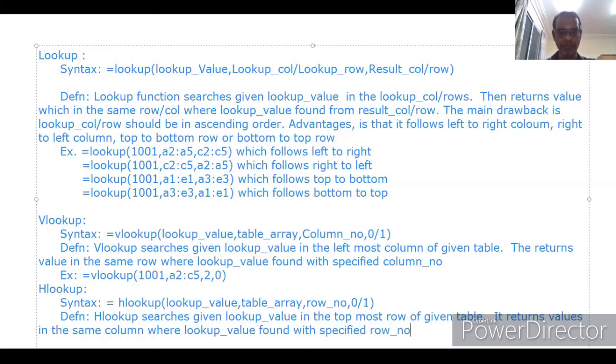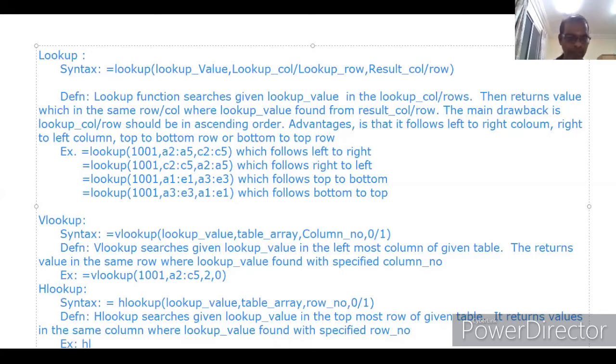There is a small difference. In VLOOKUP, the search is carried over in the leftmost column and returns the specific column number. Here, the search is carried over on the topmost row of the given table and returns the specific row number. Okay. Example.